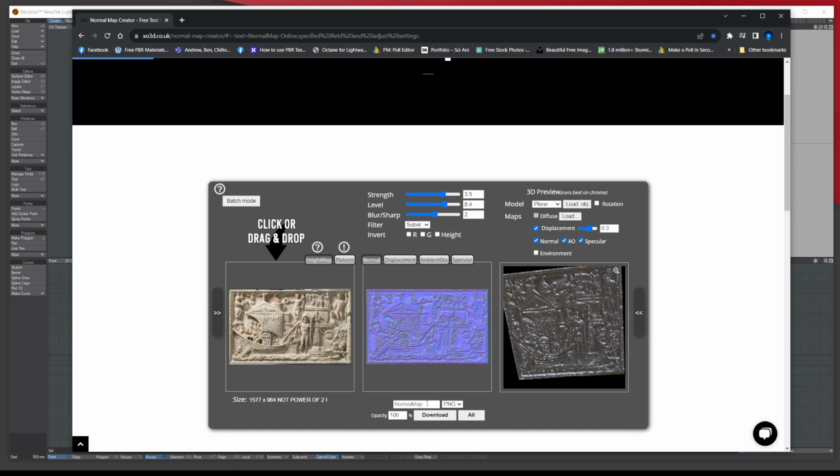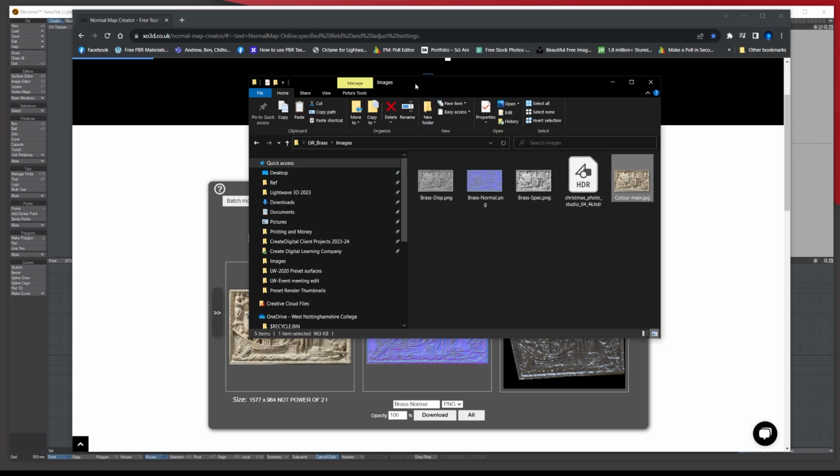What I'll do is give it a name, so I would call it brass normal. And then you would click download, which I'm not going to do because I've already done it. I've got all my maps already downloaded here with an HDRI, so I'm just going to show you what to do.